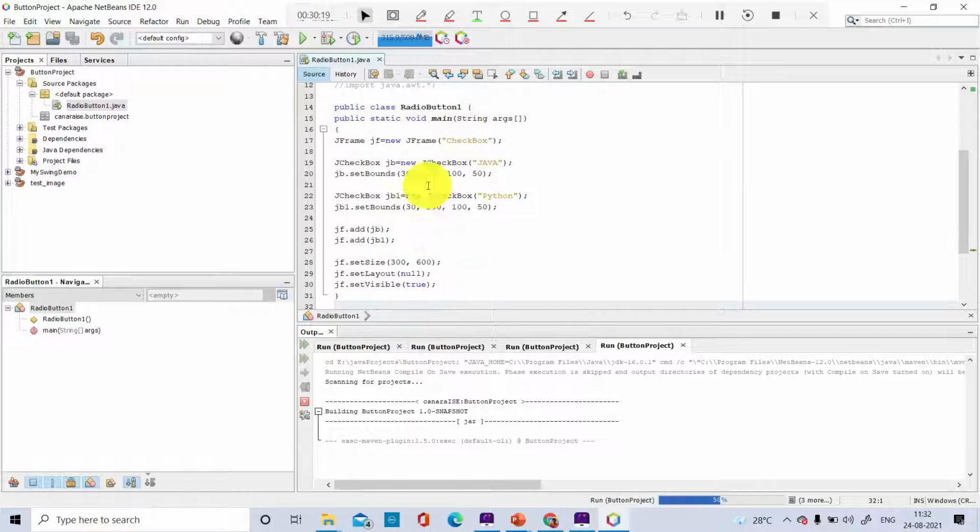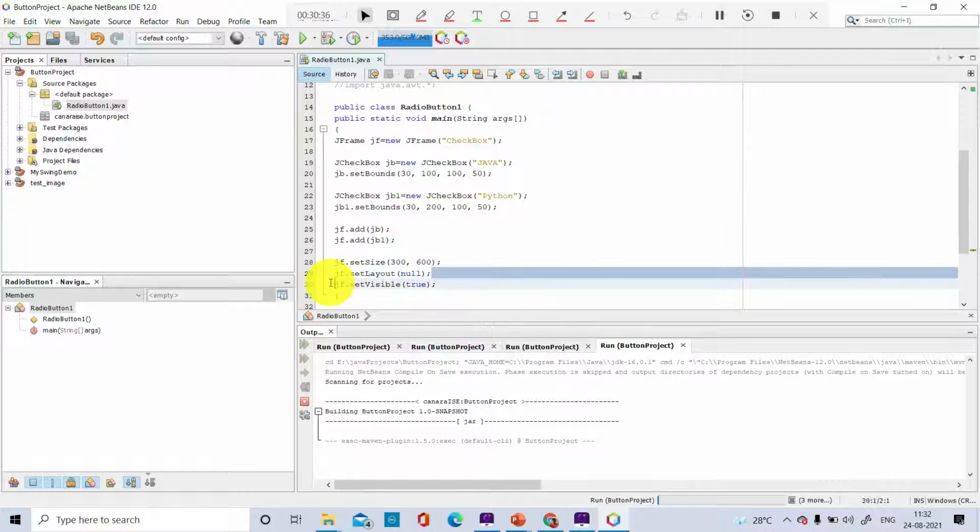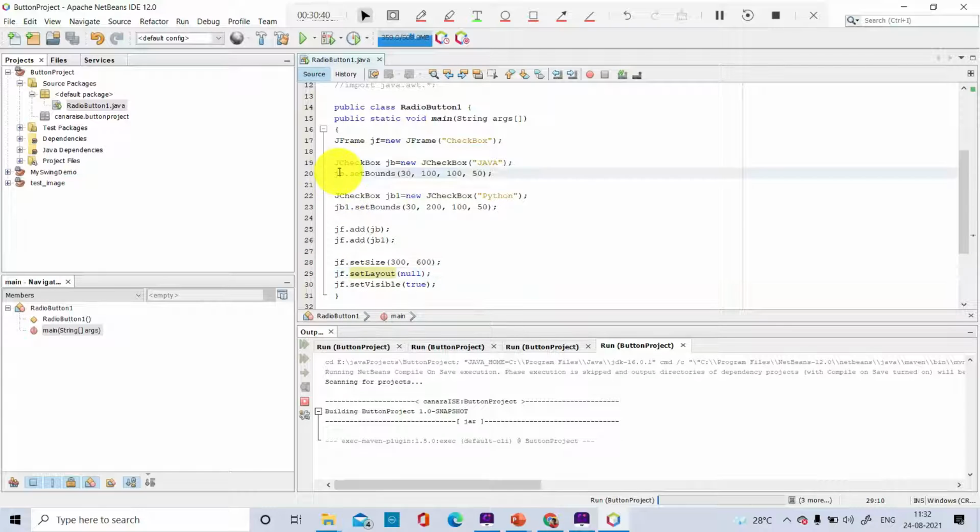And students, remember here you don't need any button group, because only if it is a radio button do you need a button group, since whichever buttons are added in that group, you are going to select only one out of them. But here you are selecting more than one, so you don't need any button group. And layout also I have not used here. If it's required then only you can use it, but if you are using a flow layout then you don't need this set bounds. Remember that. So that is your checkbox program.